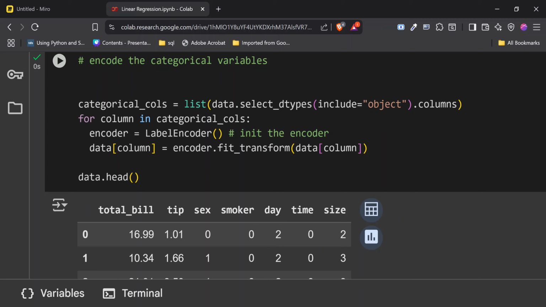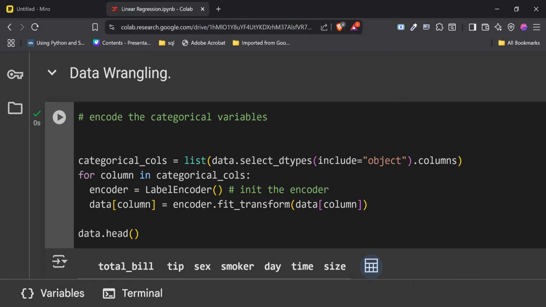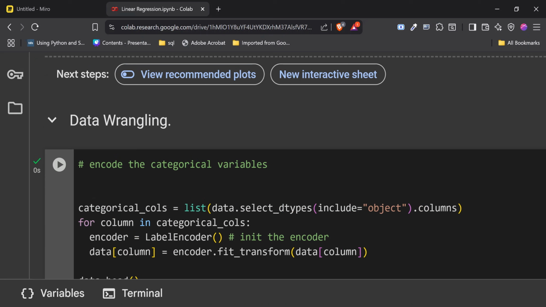Every time we reinitialize, it forgets what it did inside sex, moved on to smoker, moved on to day, forgot what happened in smoker, moved on to time, forgot what happened in day. So that's the reason why the last one that worked was time. So to save that, we can just grab an empty dictionary and call it label_encoders.